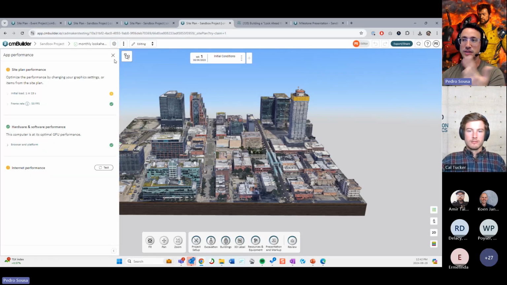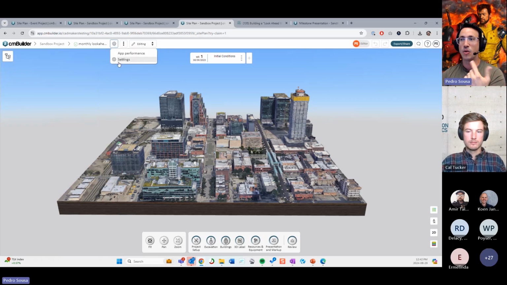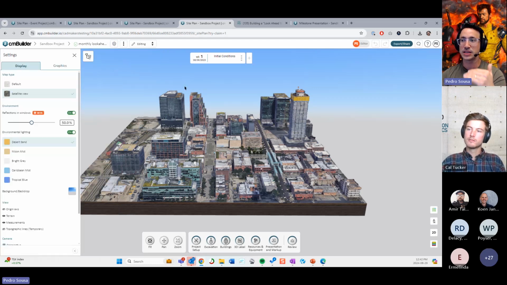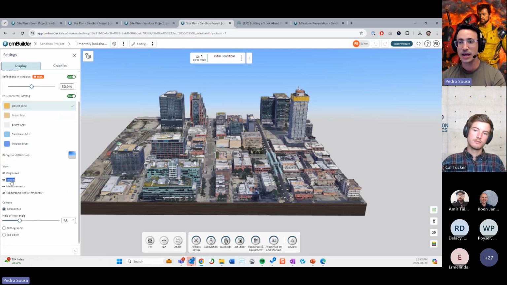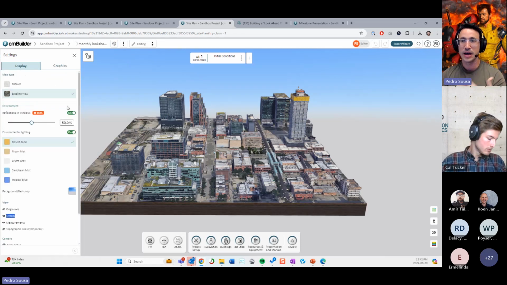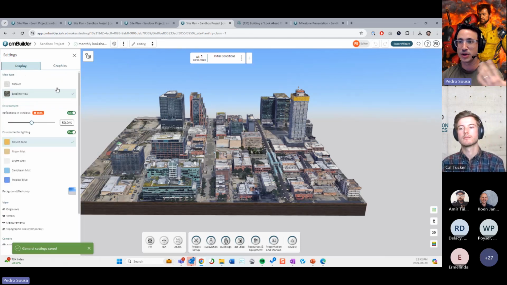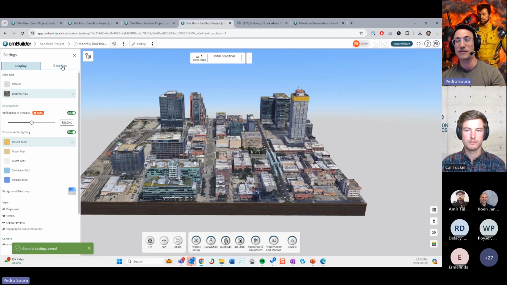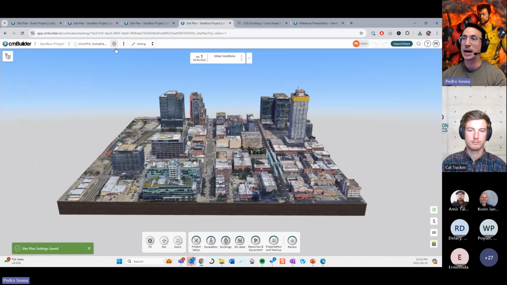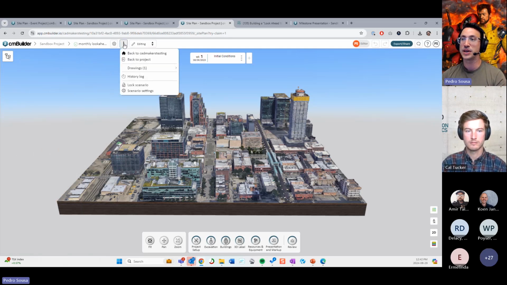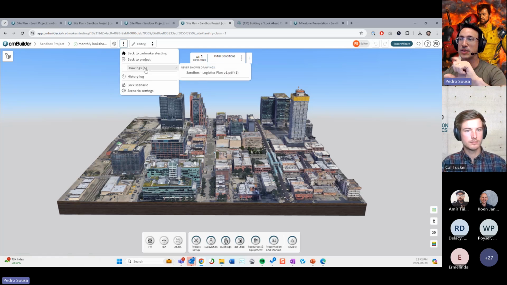You see performance indicators in real time, or you can see the visibility settings of your scenario. You can change the environmental lighting, hide the terrain, change the camera perspective, and change the map background if you want a default or a satellite view, things like that. Also change graphics settings, and so on. And the second button over here will give you the other abilities, but the main thing is that the